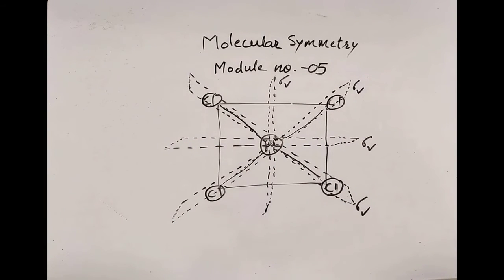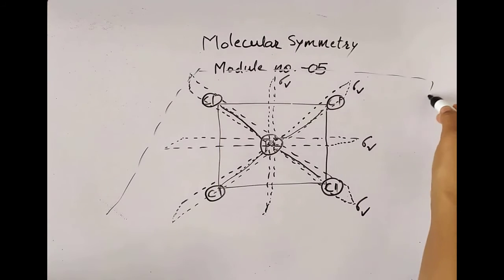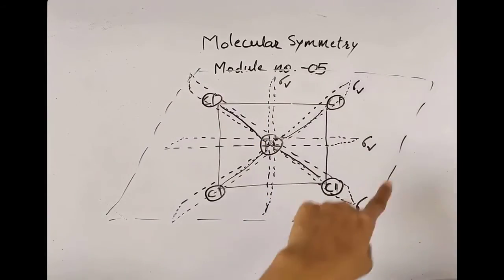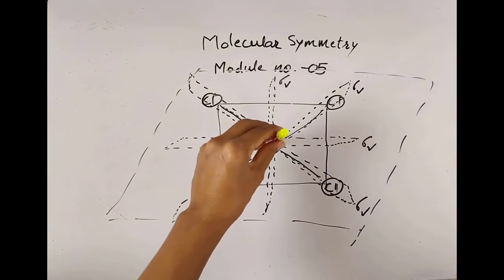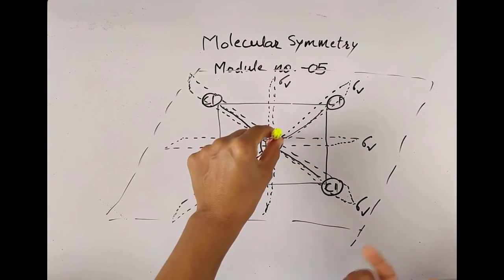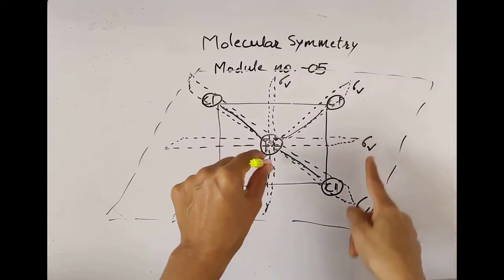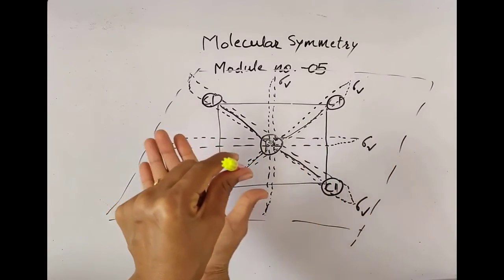Now if I want to show that plane, it will be like this, which is including all the atoms at a time. What's the nature of this plane which we have passed now with respect to the principal axis? We have passed the principal axis like this, and this plane which contains all the molecule, or which divides all the atoms in this molecule, is getting passed like this.